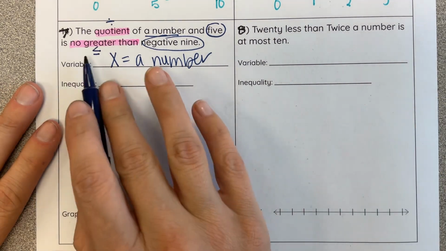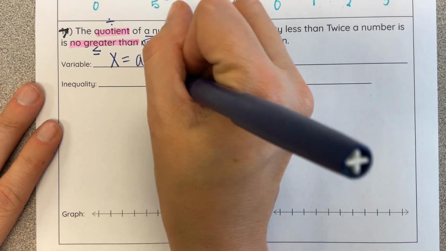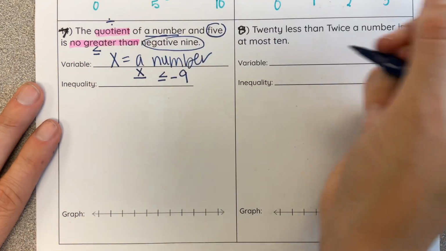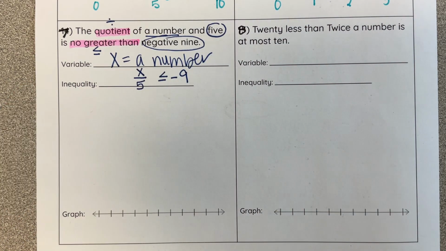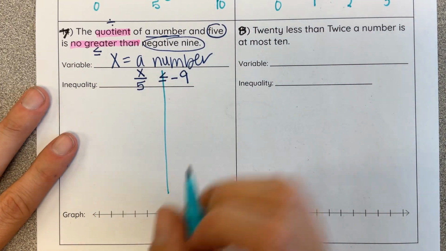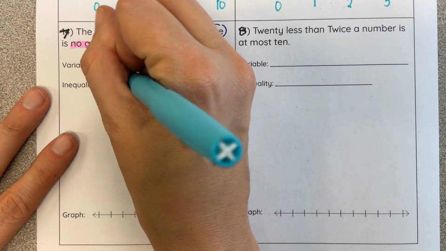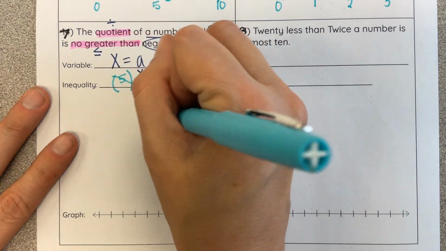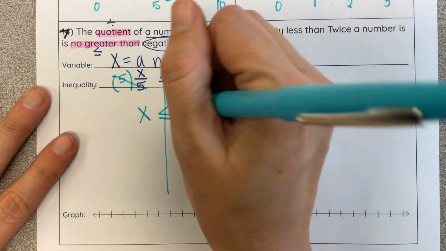So let's set this up. No greater than -9, so less than or equal to -9. Quotient tells us division. We're going to use the fraction bar, not the division sign, of our number and 5. Let's go ahead and solve. x is being divided by 5. The opposite is to multiply each side by 5. On that side it cancels. We're left with x is less than or equal to -9 times 5 is